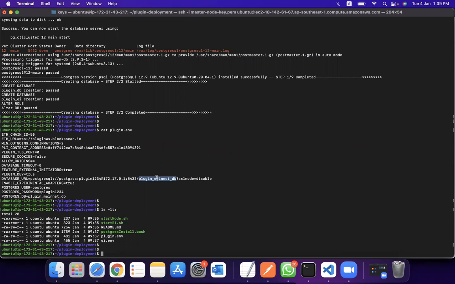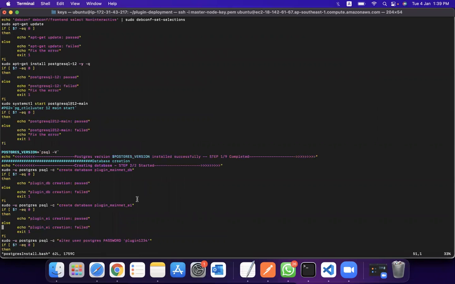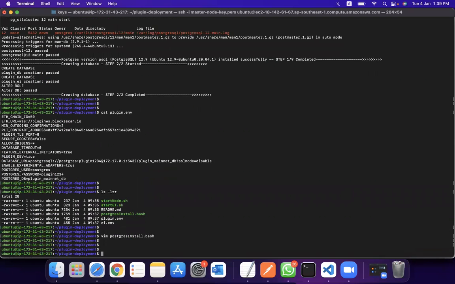You can see it says plugin underscore mainnet. Don't get confused by this, because it's just a console message. If you scroll down, you can see we are actually creating two databases, but it's just this console message that got printed there. So don't get confused by the message.